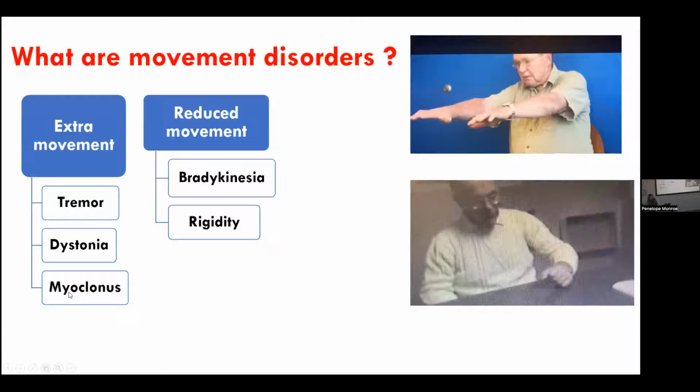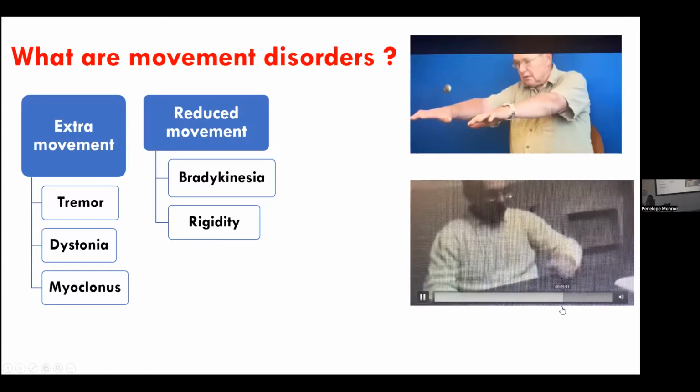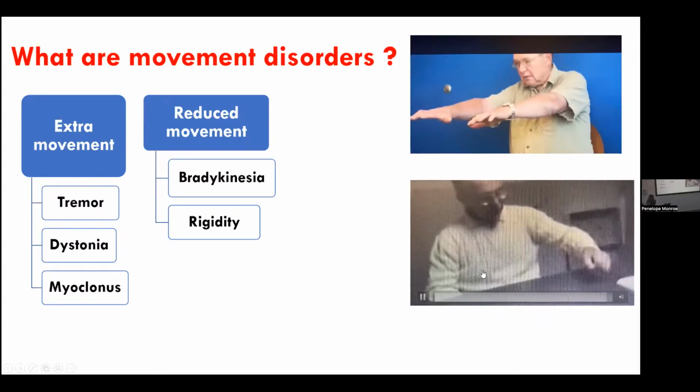So myoclonus. In hospital, I see myoclonus a lot. Myoclonus is just a jerk, and sometimes all of us have it. When you're lying in bed, totally relaxed, trying to sleep, you have a little jerk. That's a physiological myoclonus, sleep jerks. But sometimes myoclonus is pathological, and you can see that in this video. This is the gentleman with the fixed arm that I talked to you about, the dystonia, and there you go. That's the myoclonus. In him, it's quite dramatic.